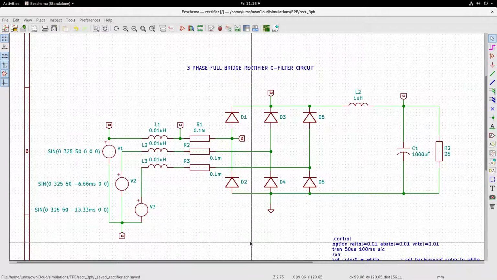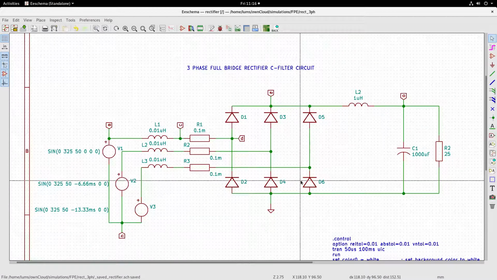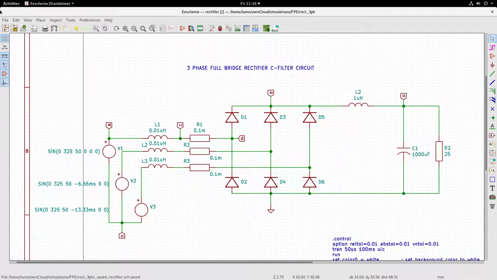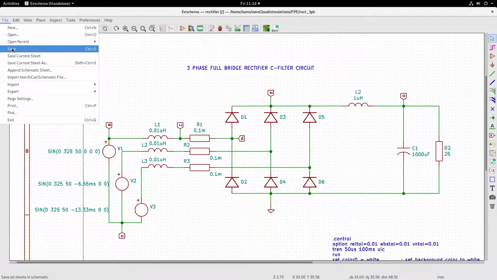So now we have all the components placed and the values given. Let us save this.